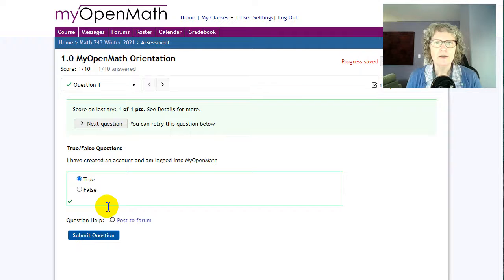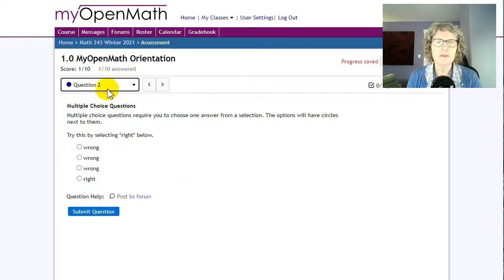Okay, great. Now I can either use the right arrow or I can click on question 2, either way. This one's a multiple choice, so that means I need to select from these answers, and when there's a circle, that means there's only one right answer. Okay, so I'm going to select the right one right there.